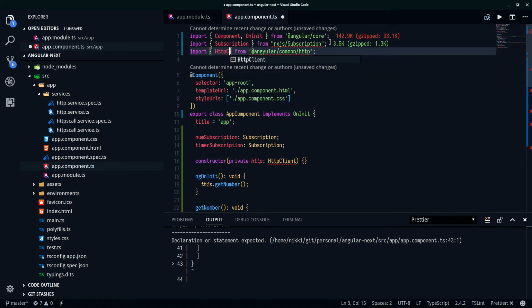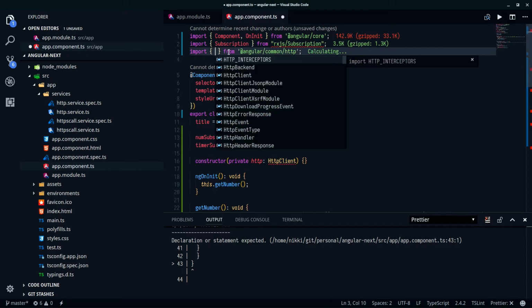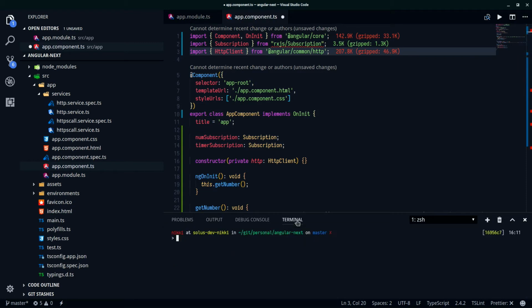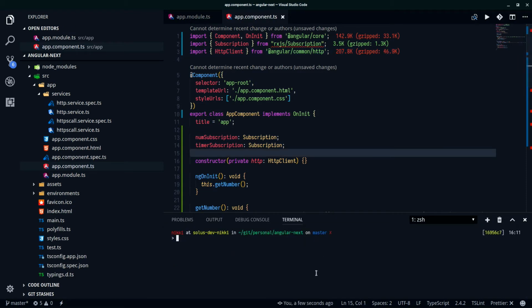So let me import HTTP client, if I remember correctly. Cannot find module. Oh, right. And did I import the correct version? HTTP client. Yes, I did. I'm awesome. Now, this is a perfect use case scenario because right now, if I were to save this and run ng serve, this is what would happen.